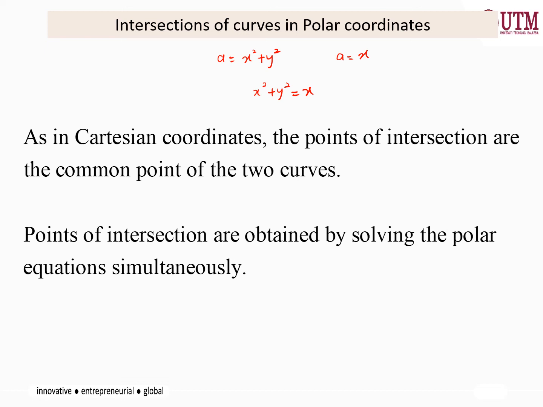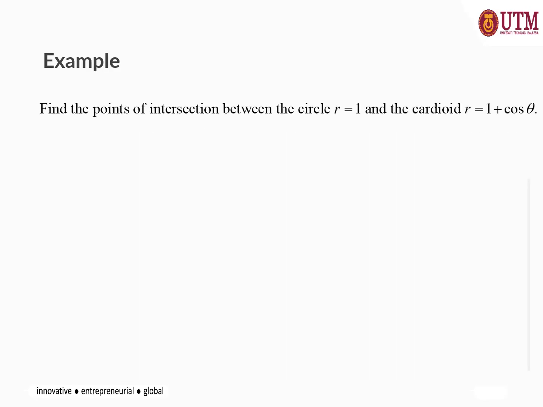So the same goes for polar coordinates. To find the points of intersection in polar coordinates, you solve the polar equations simultaneously. So let's try this example. Find the points of intersection between the circle r equals 1 and the cardioid r equals 1 plus cos theta. Here, for this cardioid, you can try to sketch it,